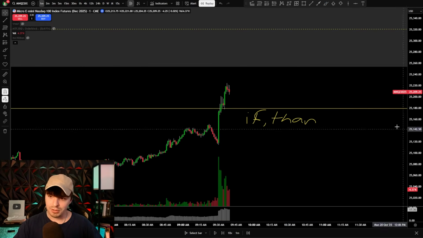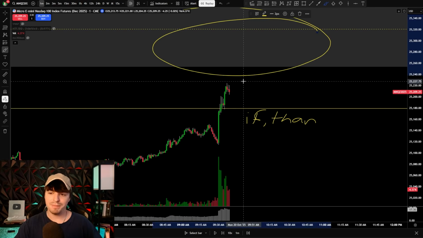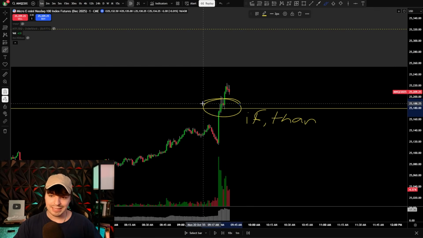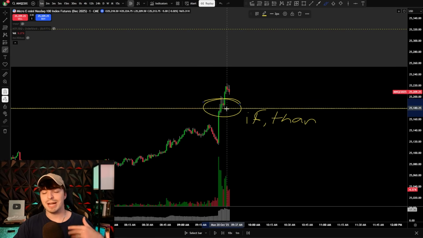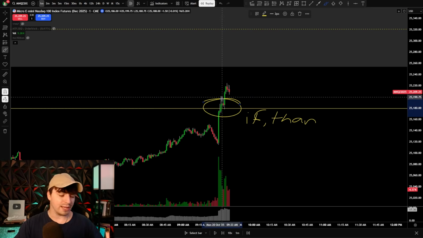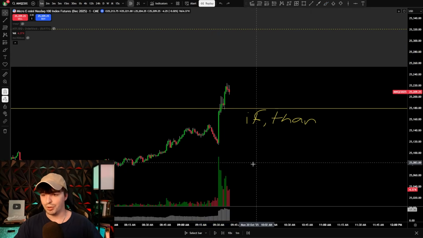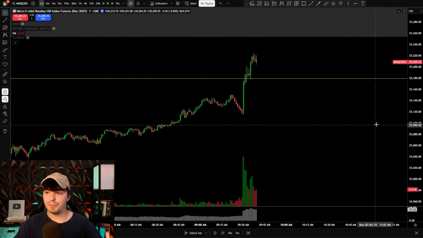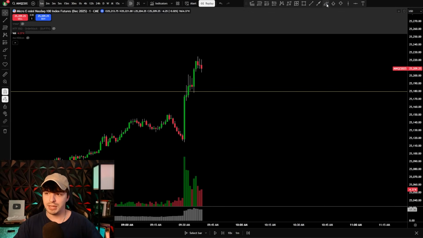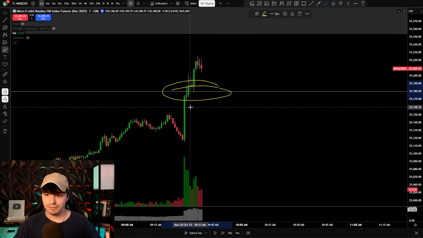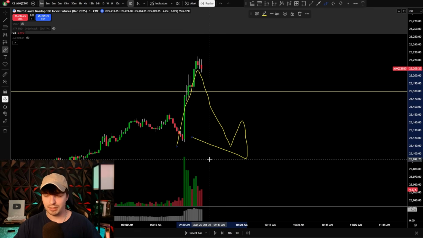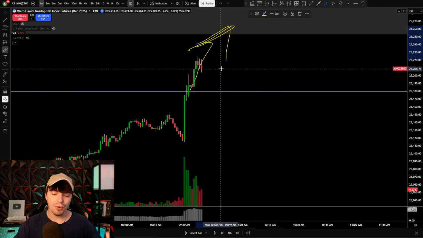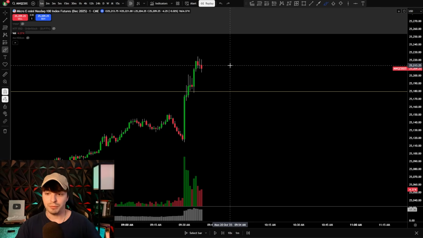Why do I want to look for longs? Because we have this big 4-hour imbalance that also still needs to be hit, okay? So now we know that this level is not holding, and so we have to naturally go to the next level if we want to find resistance, which is this big gray box over here, okay? So now what I want to do is look for longs, right? Now I know the market has shown me what it wants to do, okay? It has proven to me that it doesn't want to hold this level as liquidity, so we're not going to sweep that and go lower. And so it has a high probability of continuing higher, right? And so if we know that, now I want to look for longs. I want to look for buys, okay?